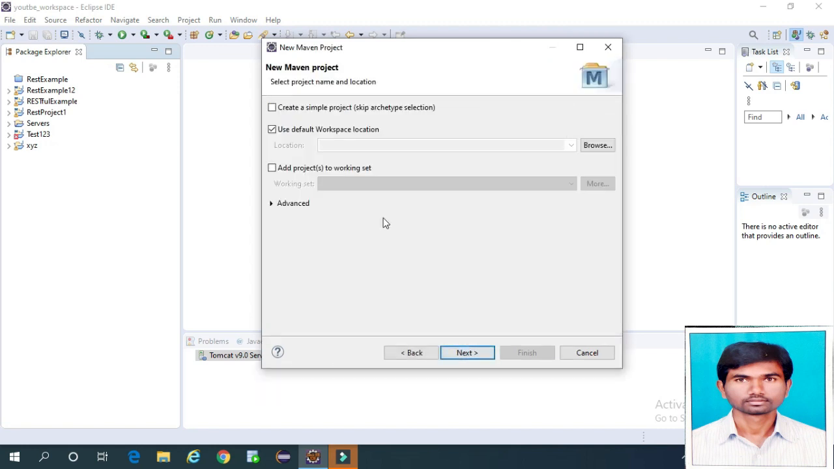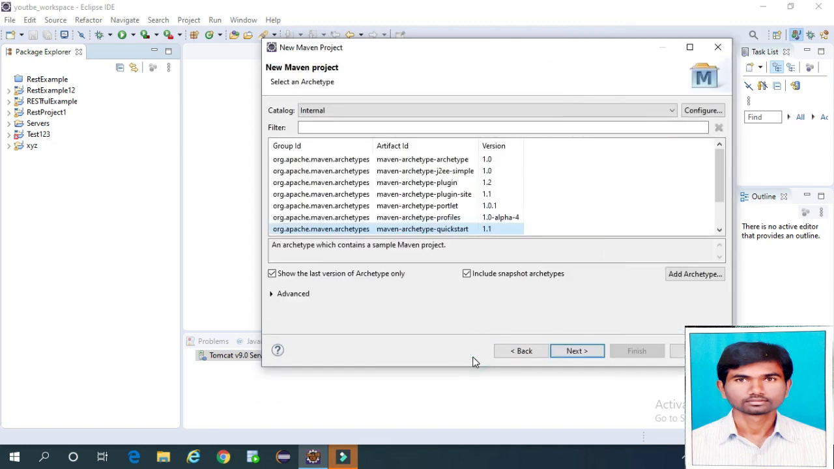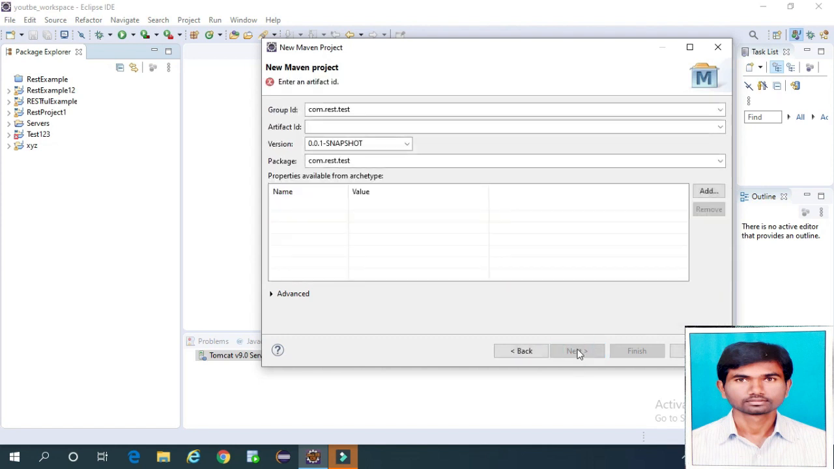Next, next. Maven Kickstart is there. We are taking web app. Maven archetype web app. Next. com.test.rest is there. I'm taking